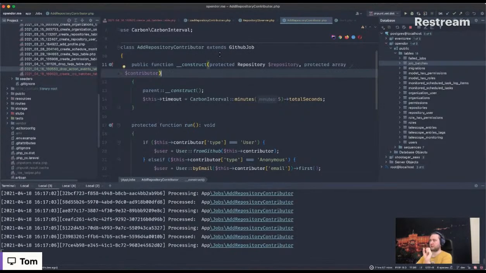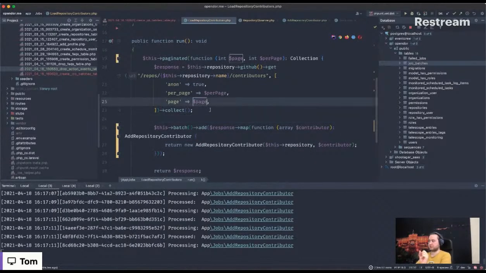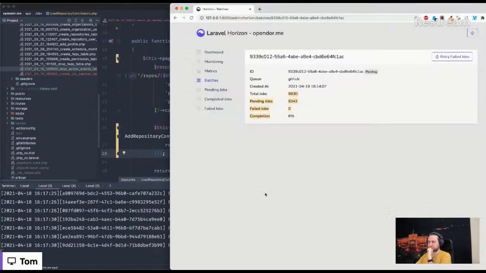But all other contributors and loading the contributor data from the repository will just work fine, and I don't have to retry and run again the whole process of 26,000 contributors, but only this specific one that has failed, for example. So